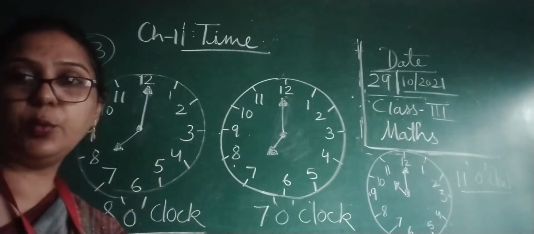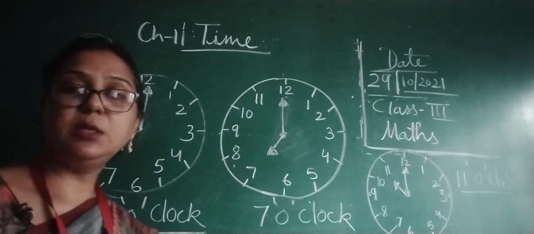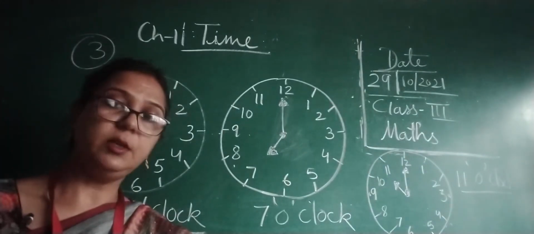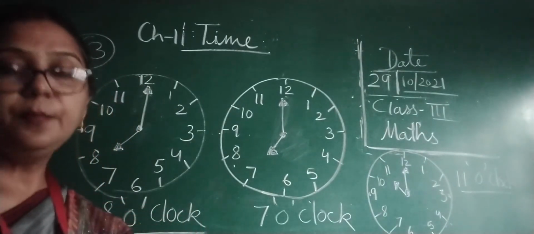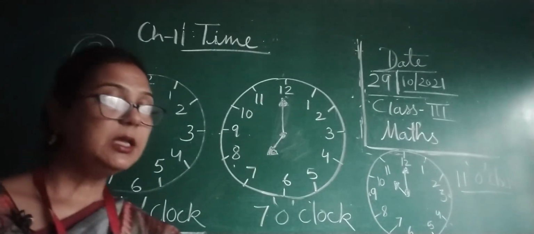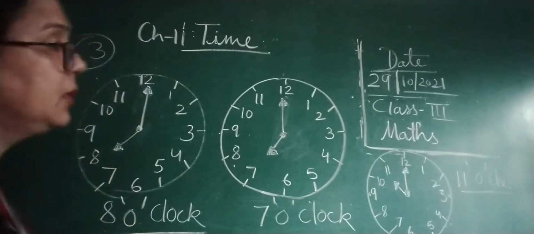We will say quarter past. Or if 15 minutes are left to become 11 or any time, we will call it quarter to. Okay, so these are the concepts to show half and quarter. So children, let's start our topic, that is reading time